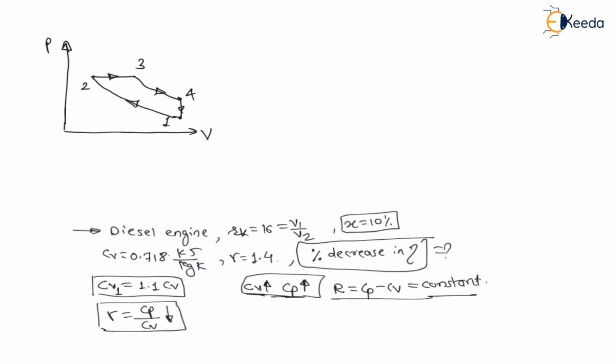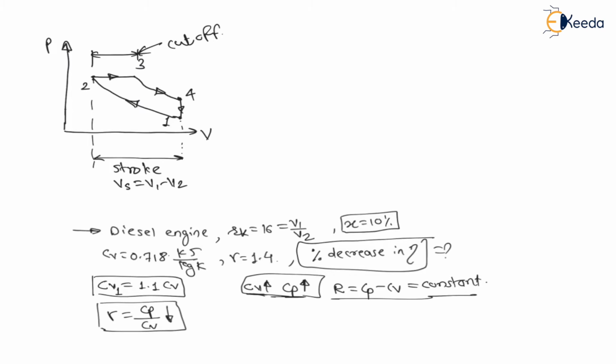Right. Now my dear students, here stroke is nothing but 1 to 2. This 1 to 2 is called stroke, right? Therefore this volume is called swept volume, that is V1 minus V2 is called swept volume, right? And cutoff takes place at 3. Cutoff takes place at 3, and the fuel supply starts at 2, right? Whenever heat addition begins, fuel is supplied, and whenever heat addition ends, fuel supply is cut off. Therefore the cutoff is nothing but this much. At 3 there will be a cutoff of fuel supply, right?